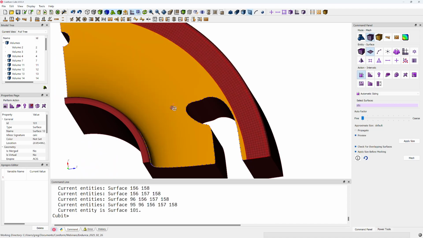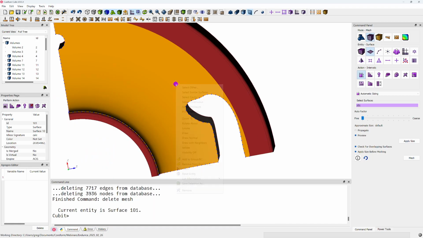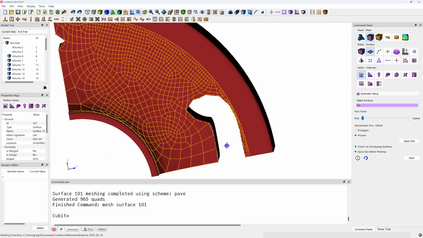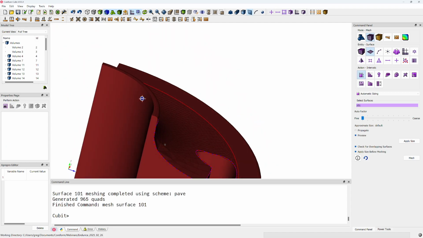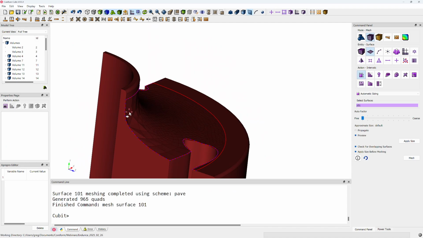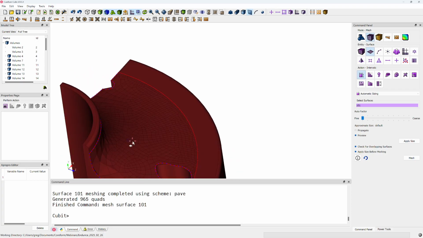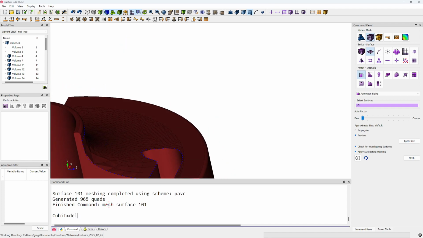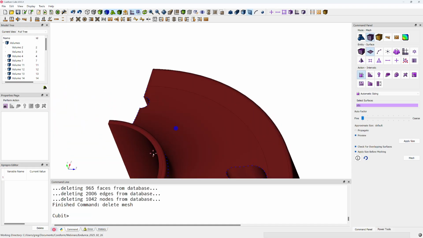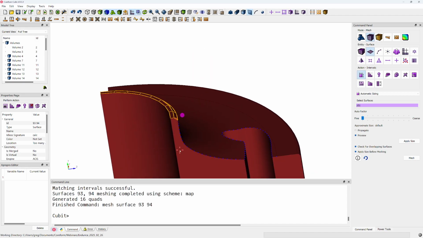And then, let me delete our mesh here real quick. If I could get a hex mesh or a surface mesh on this surface, I could then maybe sweep down. Again, I have to watch out that I can't have the mesh come too far up or I'm going to get bad hexes. But if I could cut the mesh off at some location, I could then mesh some portion of this surface and sweep down. And then, just like we saw,